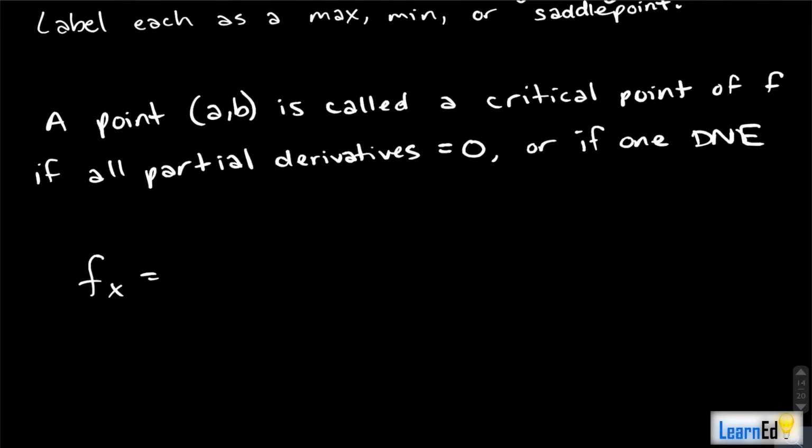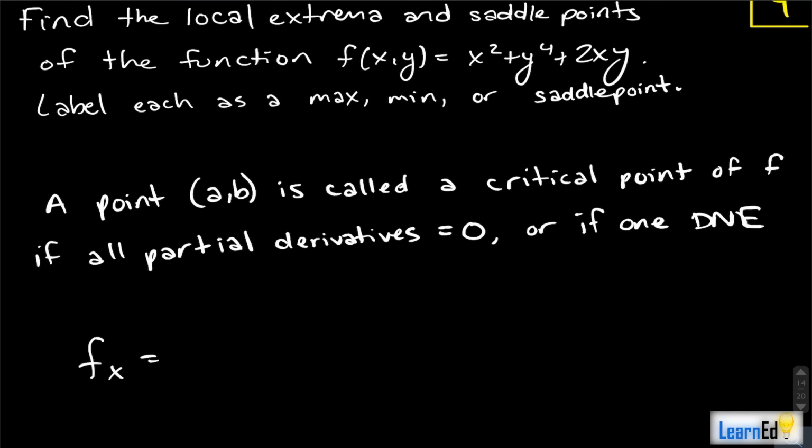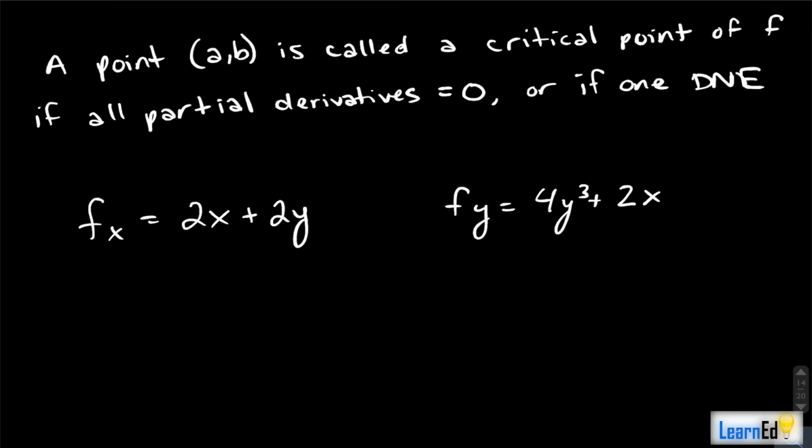First step is to find the partial with respect to x. Partial with respect to x of this guy is just going to be 2x plus 2y. And the partial with respect to y is just going to be 4y cubed plus 2x. If we set these both equal to 0 and we find out what values of x and y are going to make this thing 0,